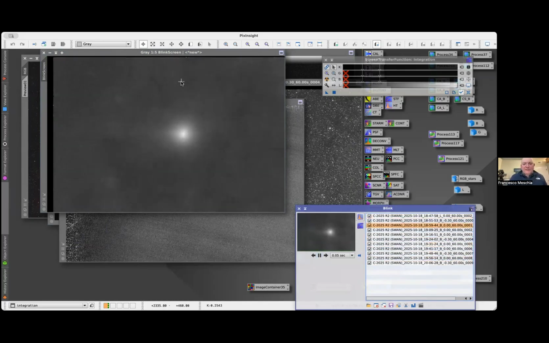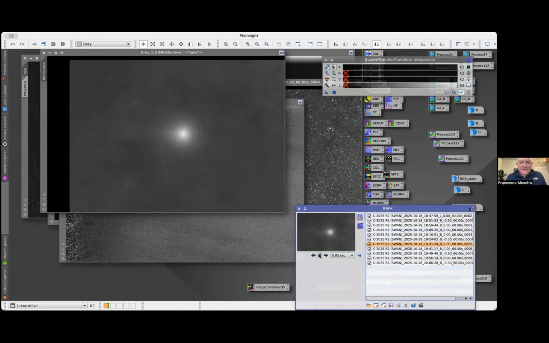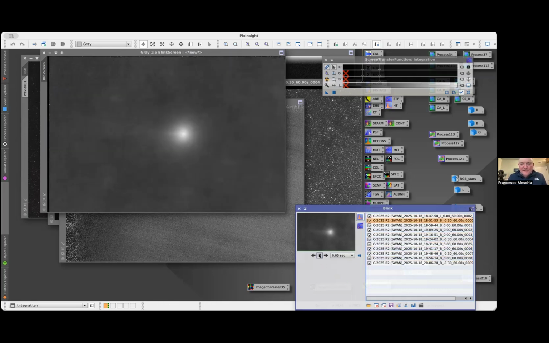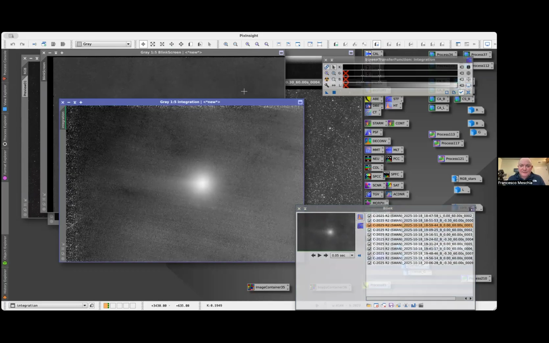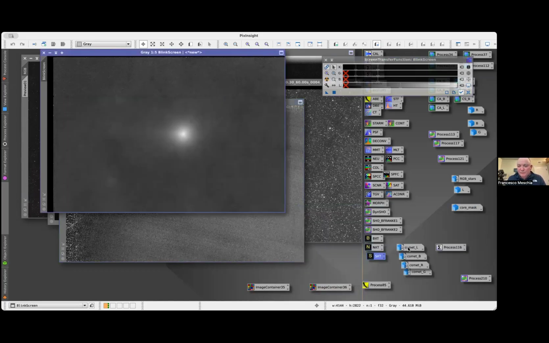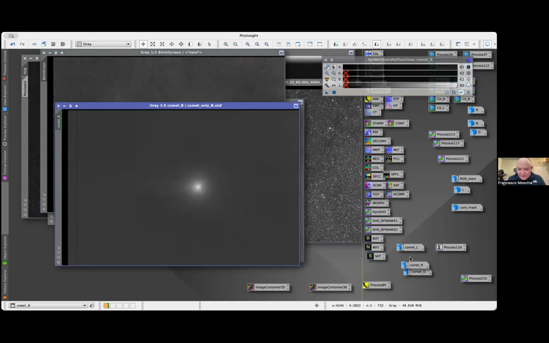There are some artifacts that you can see, because Star Exterminator probably got fooled by these black areas. But if we integrate these images, we are still going to obtain a much better result than this. And I can show you now what the result looks like. It's this,